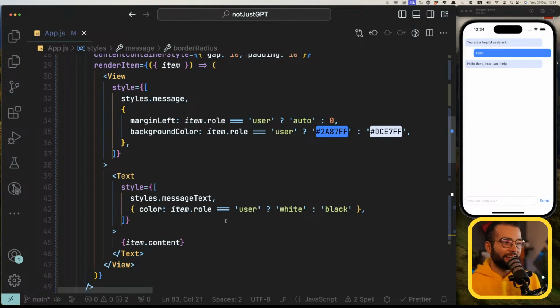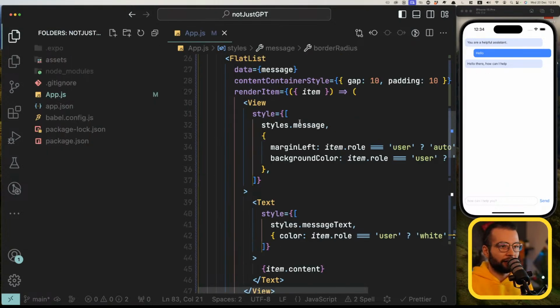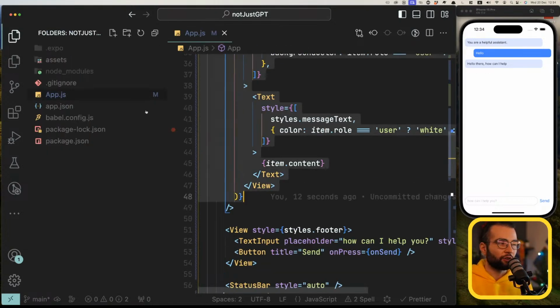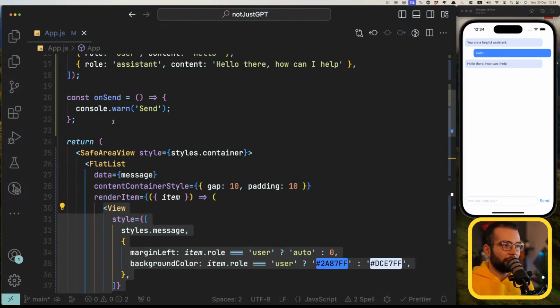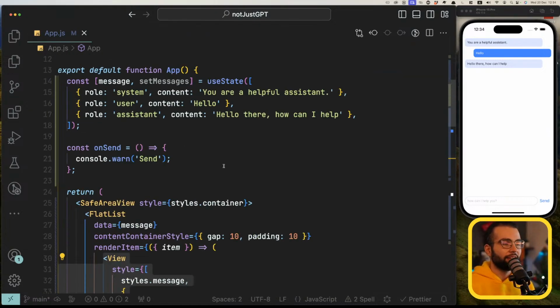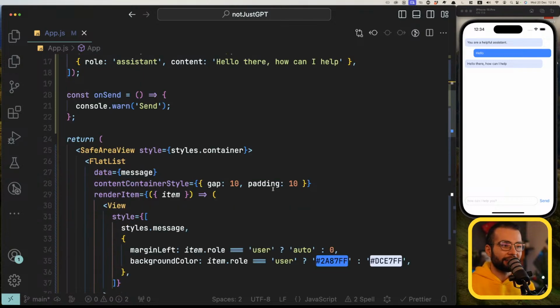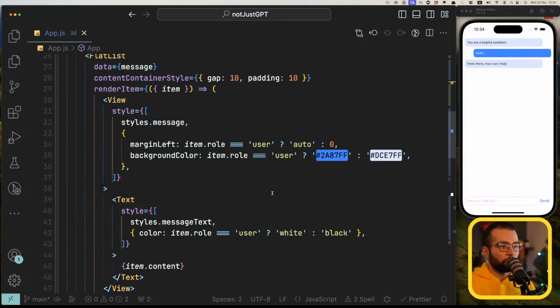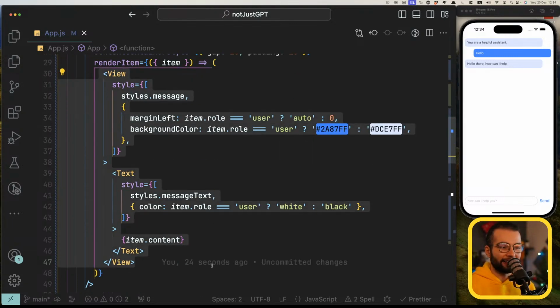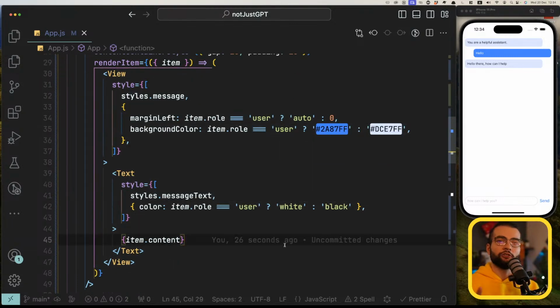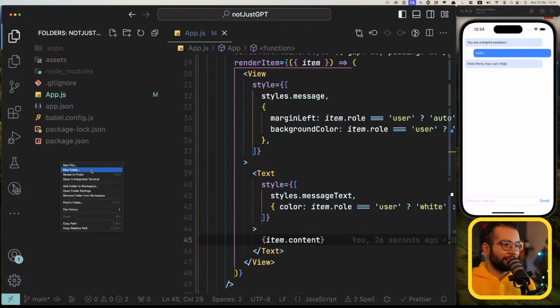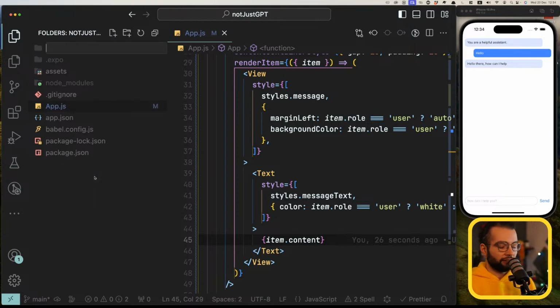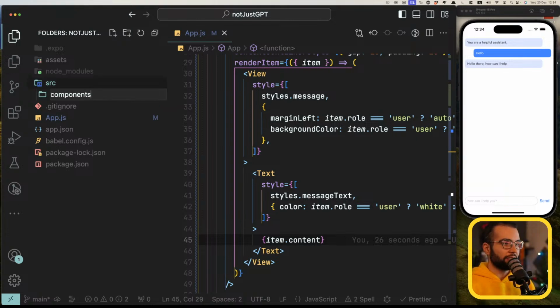What I'm going to do right now is extract this message to a separate component, just because I really want to keep our home screen clean, our app screen clean, as we will do more logic here. There is a lot of styling and ugly code here that I don't want to see. I just want to put it behind a custom component. For that, let's create a new folder src, inside which we're going to have a folder components, where we will have a new file